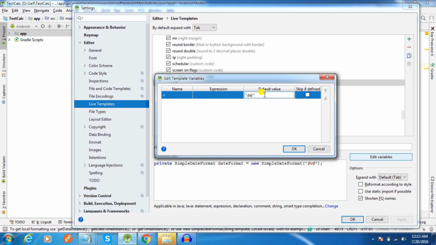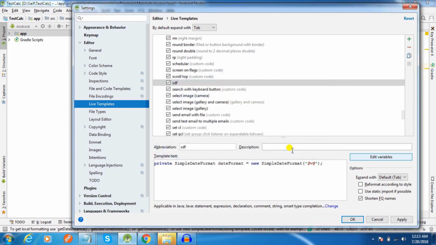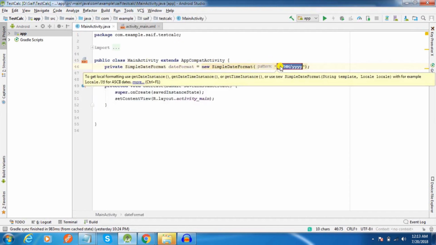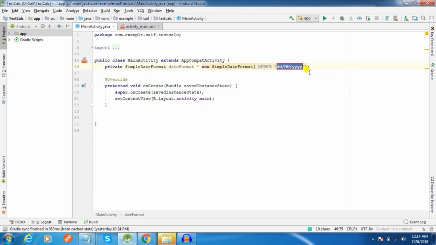Let's say dd mm y, and I press OK. I need to apply and press OK. Now if I remove it and type sdf again, here I can see the default value. If this default value is okay for me, I will just press enter and it's done.